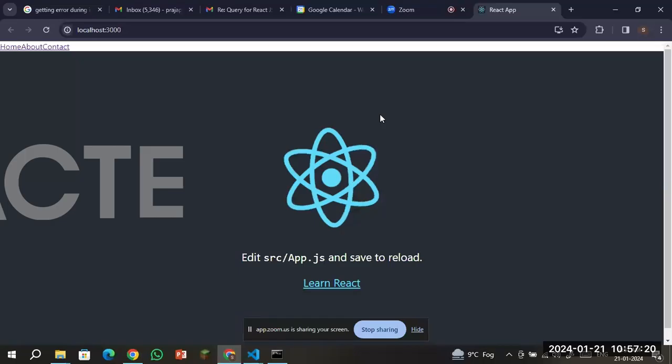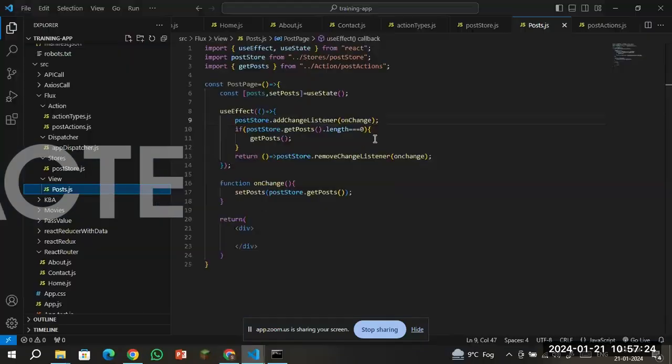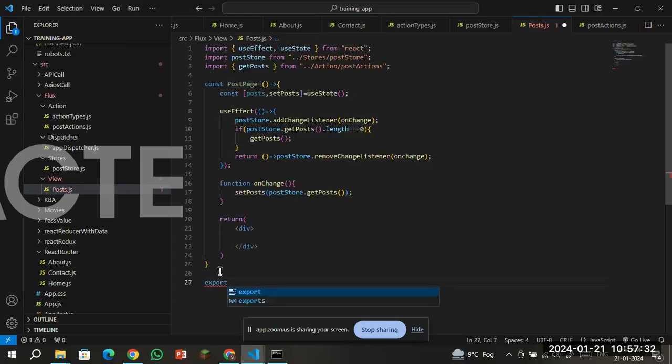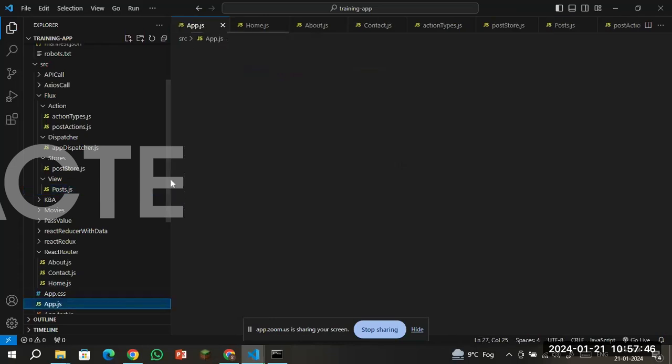This one. Okay. So I'm going to use that post page and export them. Export it. Okay. Default, and this. And now I'm going to use that is not app is a